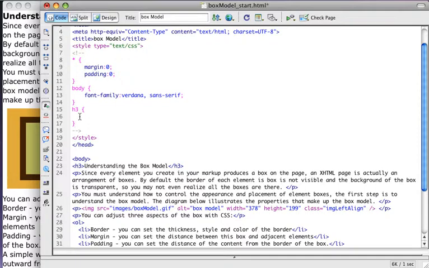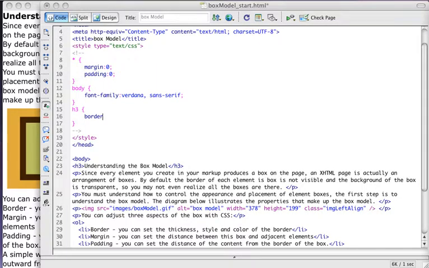I'm going to go ahead and write a style for H3. I'm going to come in here and turn the border on. So I'll type border. And basically, when you're working with border, border has three associated properties. It has the width, and the width of the border, of course, is going to be the thickness of the border. The width values that you can use are thin, medium, thick, or any unit, and that would be ems,